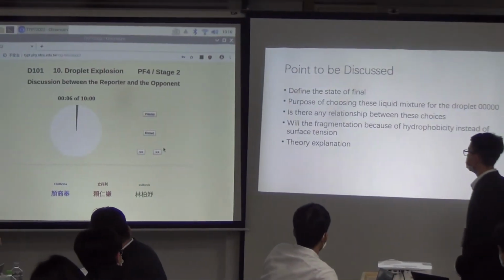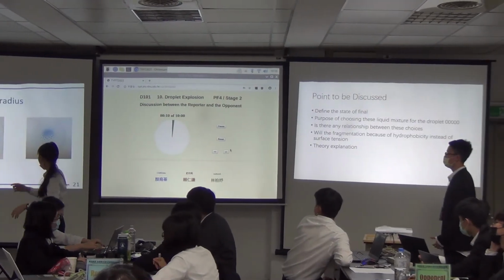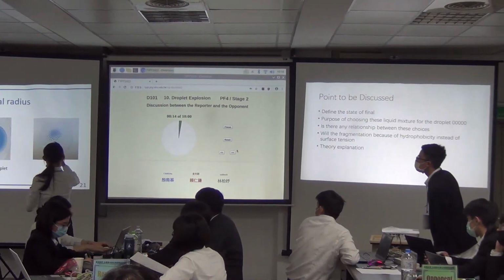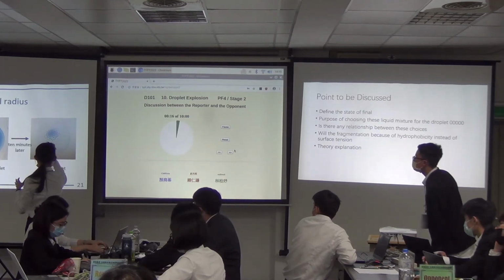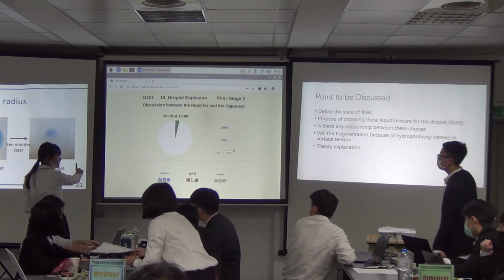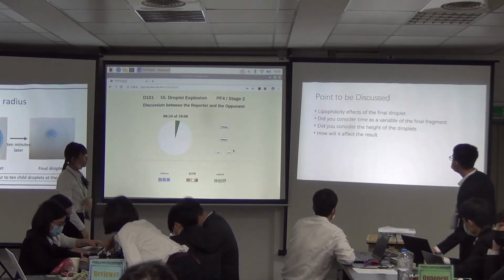First, can you tell me what's the definition of the final state, like the time? I'm showing you in this slide, I draw the droplets, then wait for 10 minutes, then we record the result and calculate the final droplets. Okay, and the next question for this is actually,